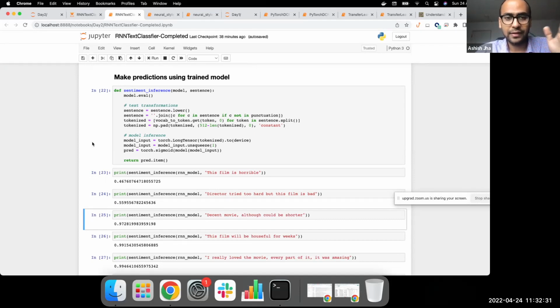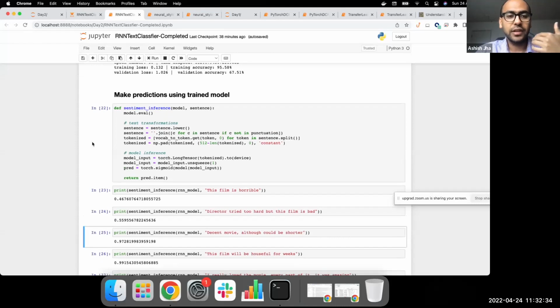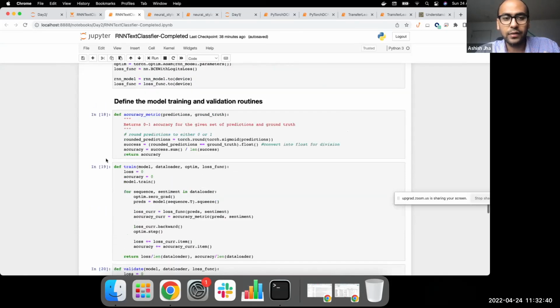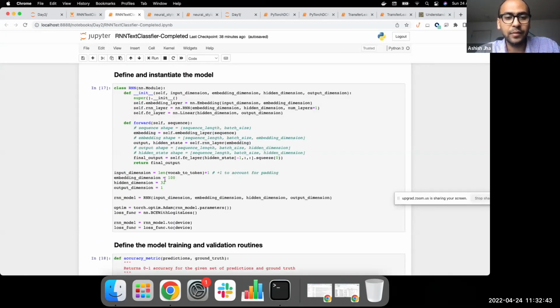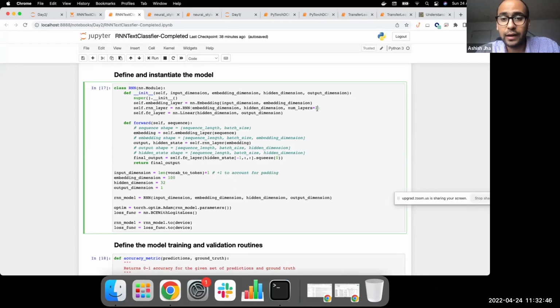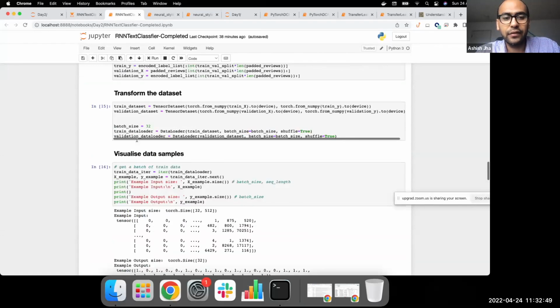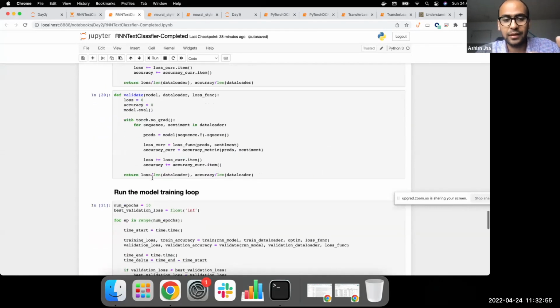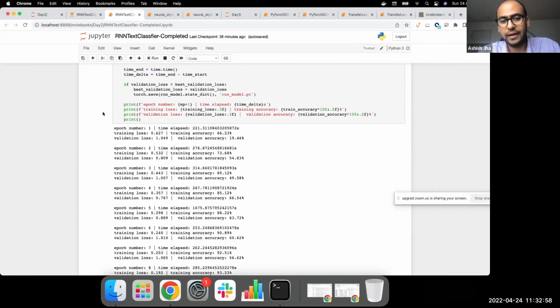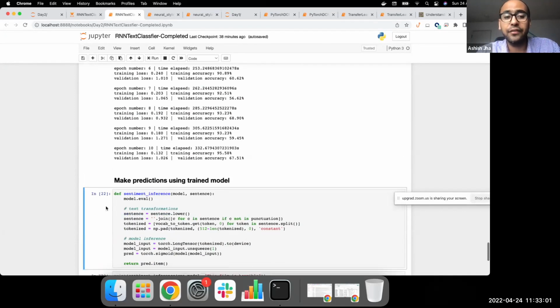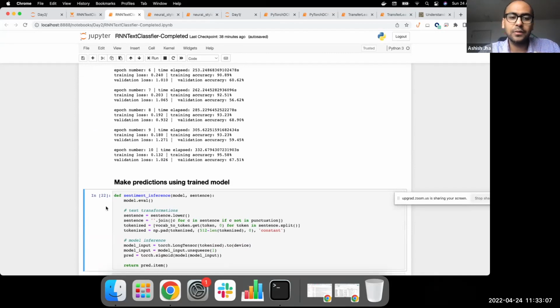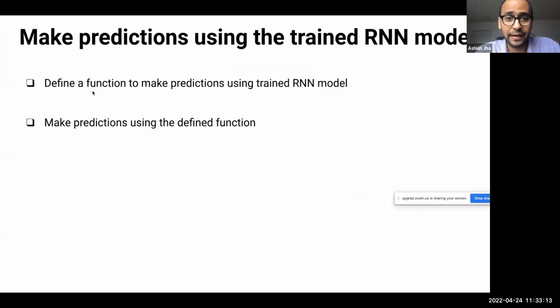A few notes before we conclude this exercise. You can feel free to firstly train it for longer, as I always say, and also play around with the hyperparameters that we have used in this entire exercise. You can change these dimensions, you can use more layers for RNN, you can define a different set of sequence length for padding, and you will for sure perhaps get better results with some and get worse maybe with others. But this is an exercise, a fun exercise I would say, to both understand how textual data can be modeled with deep learning and also to use PyTorch for such a complete end-to-end exercise. So I think that is it from the current exercise.